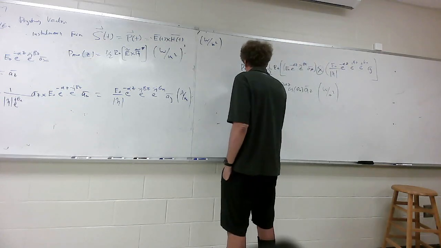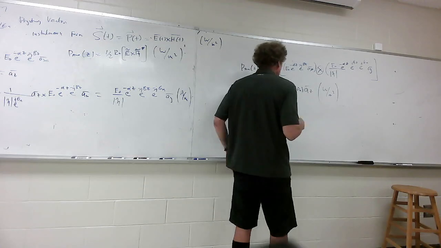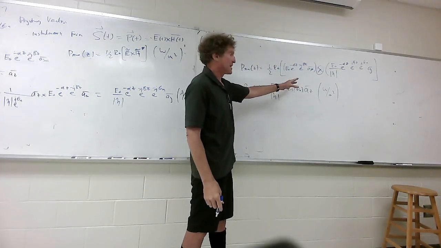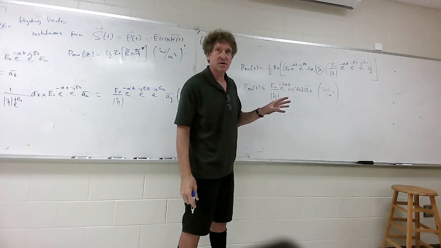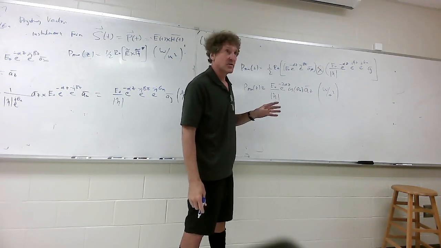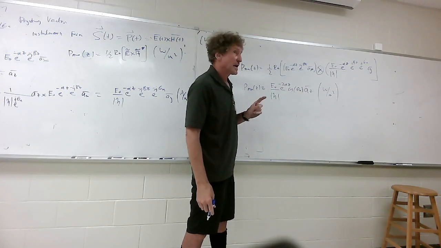And he has that in his book, but that's how you get it. You've got to remember one thing, and this is important too. There's no beta in that term. You all see this? Beta's gone. It's at an e to the j minus j beta, that's gone. It is decaying as e to the minus 2 alpha z, and you do have to take the